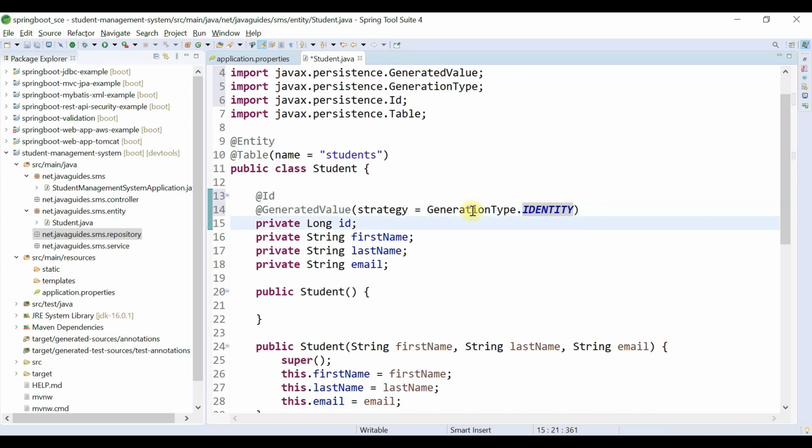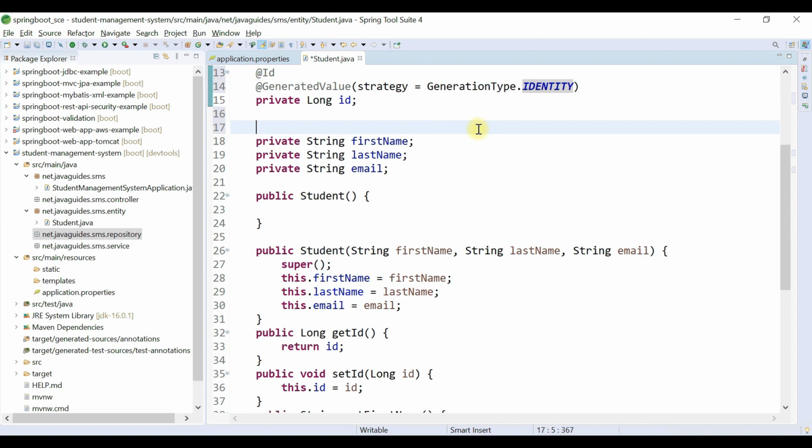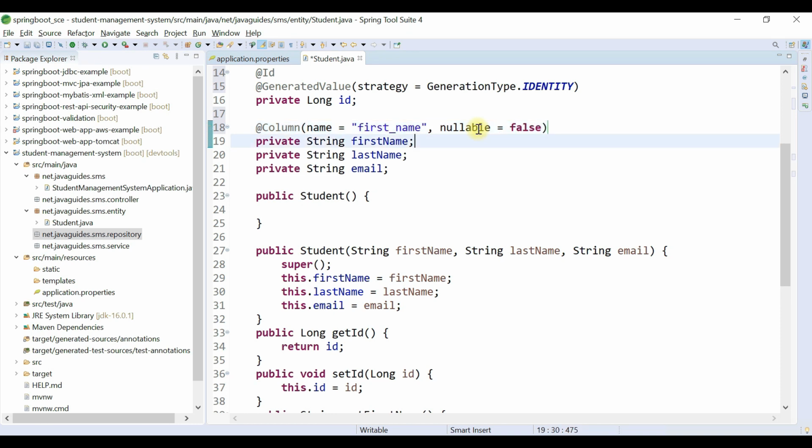Alright, perfect. Now what we're going to do is map a column name for these fields. In order to do that, we're going to use the @Column annotation. The @Column annotation has an attribute called name, and we can use it to specify the column name here, first_name, and you can define this column as not null by using the nullable attribute. nullable = false.